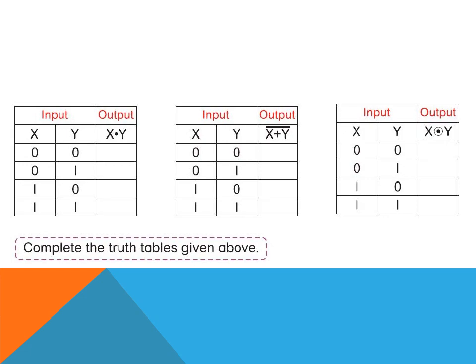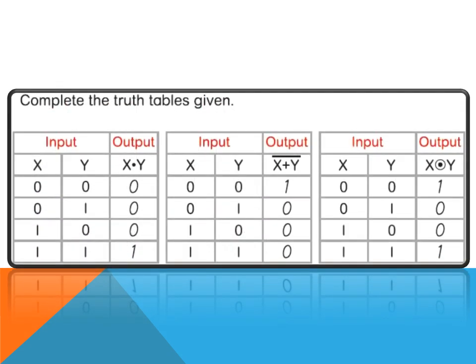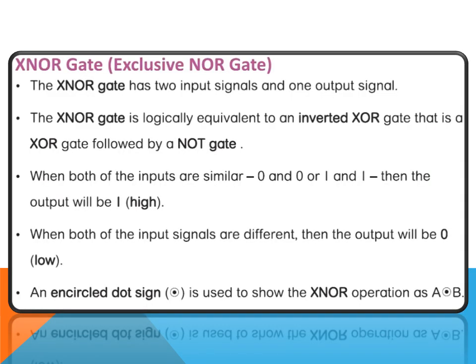Now let us move on to the answers. So these are the answers. I hope you got the first and the second table right. I know that you don't know what the third table means. We are going to discuss it after this. So if you have done anything wrong in the first and the second table, please note down the correct answer and try to remember these. Now let us move on to the next part.